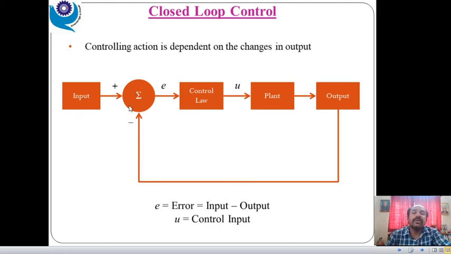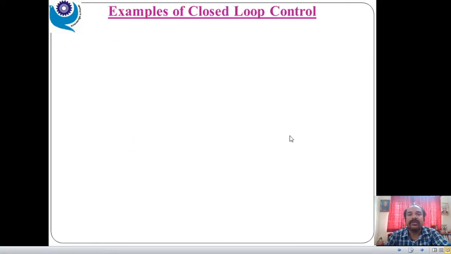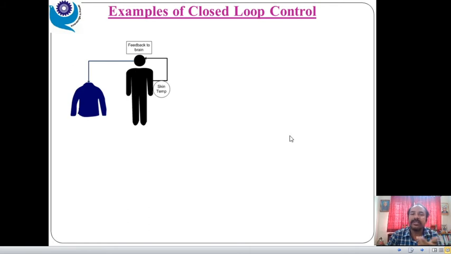Fine. So it compares. Now if we see the block diagram, input is there, comparator, control law, plant, and output. Only one parameter has been added, that is feedback. So when there is a change in the output, that change is fed back to the input, and we can control this by giving feedback. Necessary changes happen and are given to the control law, and via the plant the output is controlled again, right? So some examples we'll see. By looking at an example, you can easily understand what exactly is happening.